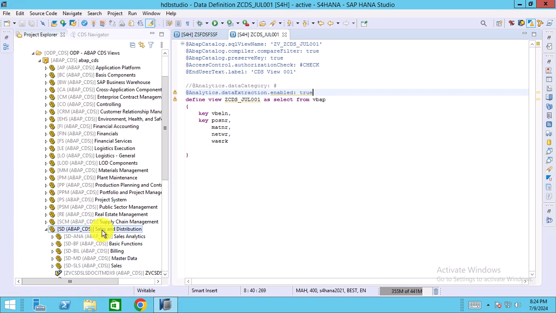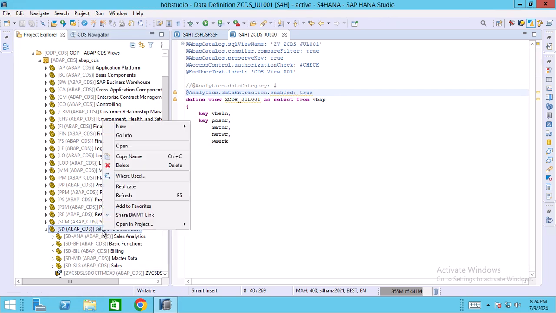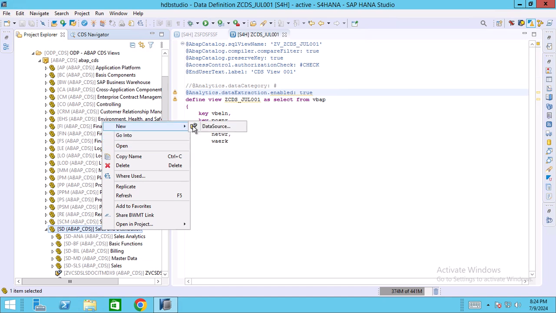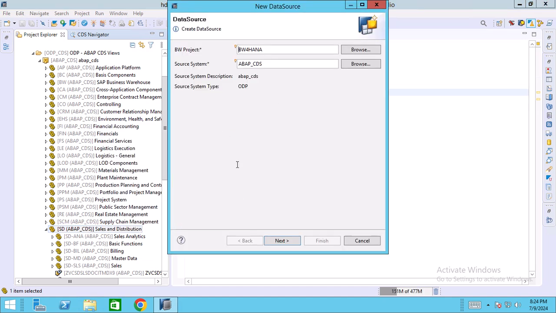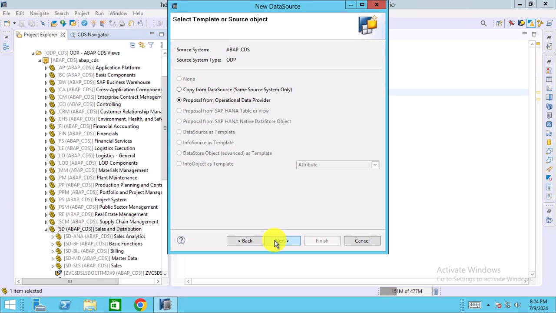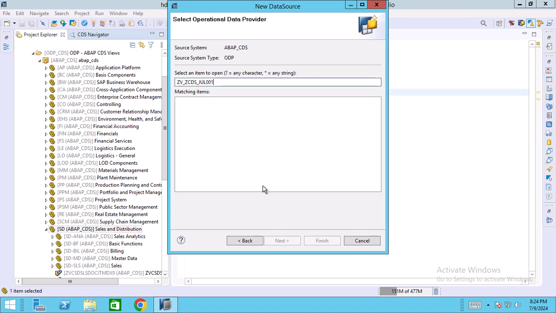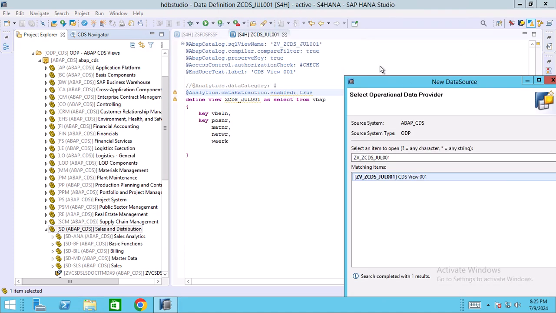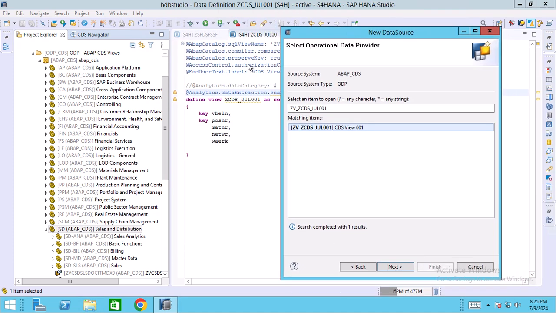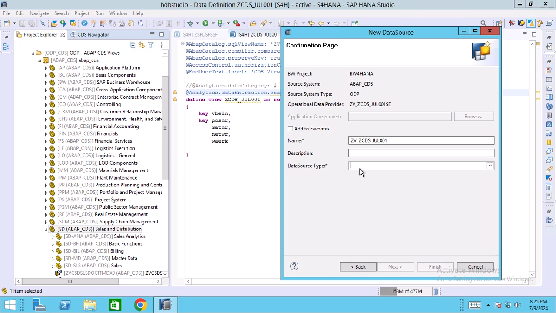Successfully activated. Now check this one. Again I am repeating. Next, find it now. Now we are able to see it, because of this annotation. Without this annotation, we cannot see it on the BW side, in the CDS view connection. Okay, click on next. See, able